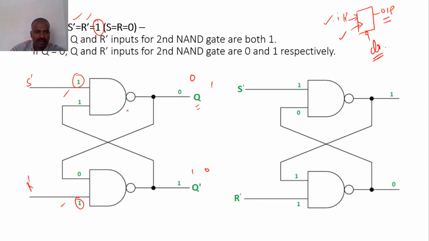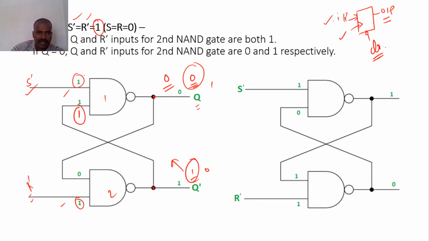For this explanation, I'm going to assign 0 here and 1 here, and my inputs are 1, 1. See, this is cross-coupled: NAND gate number 1 and NAND gate number 2. For NAND gate 2, inputs are needed: this is one input, and the other input is from this output. Here, one input is from R bar, and another input is from this output Q. I have taken this as 0 and this as 1. So now this 1 comes to the input here, and according to the NAND gate principle, 1 1 gives 0.